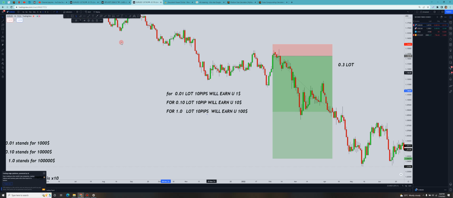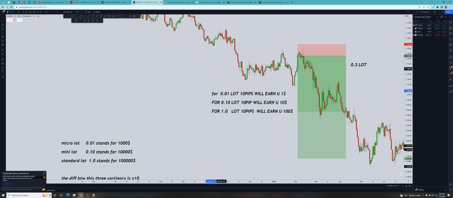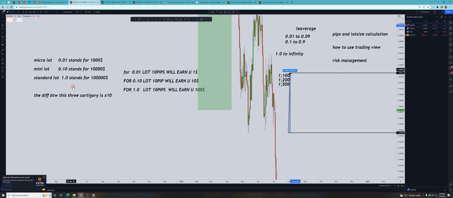It's that simple, right? So for now, that is the idea of lot size, pips, and how they are calculated, the relationship between lot size and pips. In summary, pips is just the difference between the current market price and the previous market price, where it is coming from. So any point you pick, from that point to another, the difference between those two points is pips. Difference in mathematics means minus, right? Then the lot size determines the position a trader is holding. I mean, how much you are investing. The lot size determines how much you are investing in a particular trade. So if you use a particular lot size,